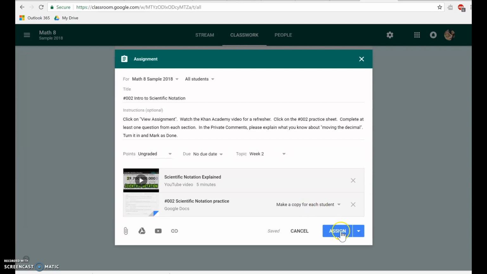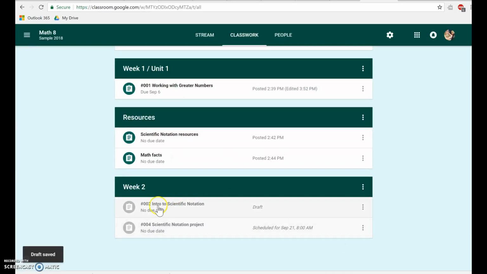At that point, I'm ready to assign this now if I know what date I'm going to have for it. I still don't exactly know how the kids are going to be moving along with pace, so I'm just going to still keep it saved. But now it has assignments linked to it. Another thing that I can do is